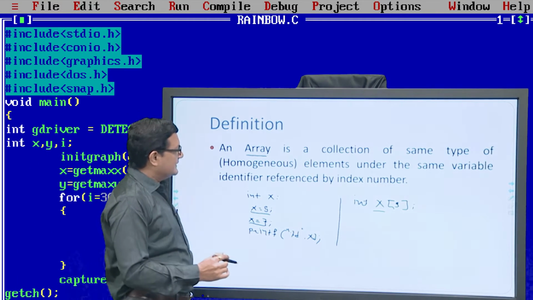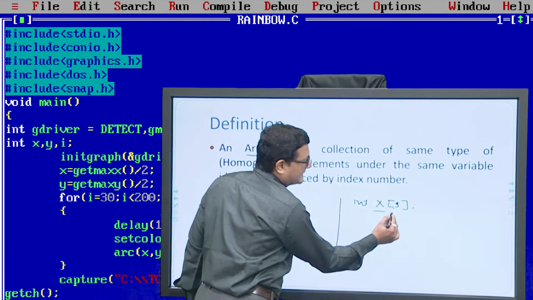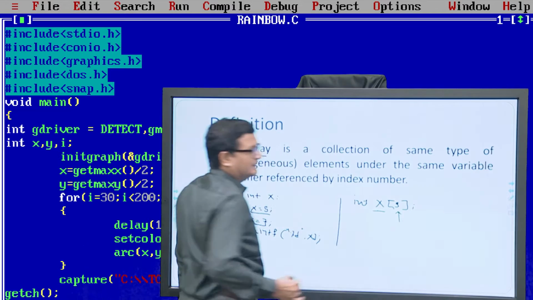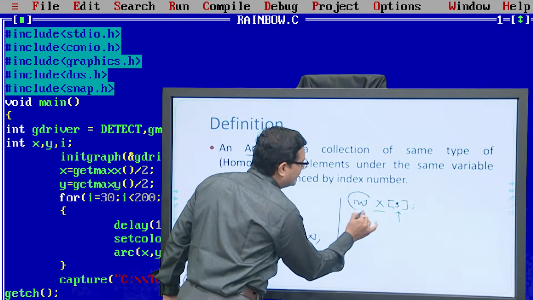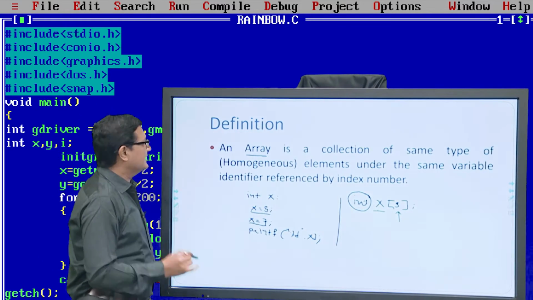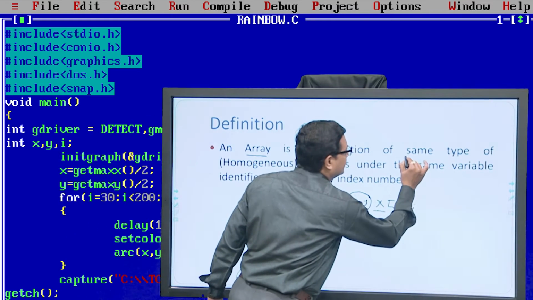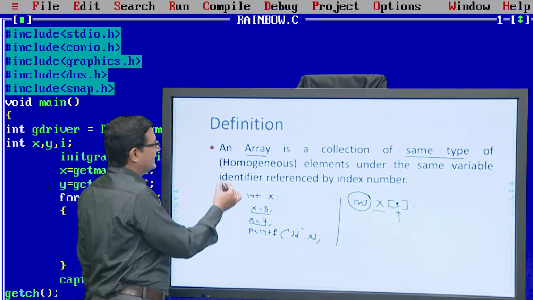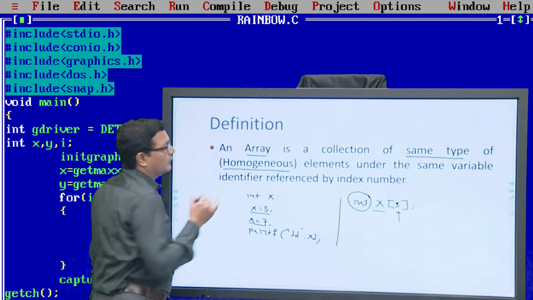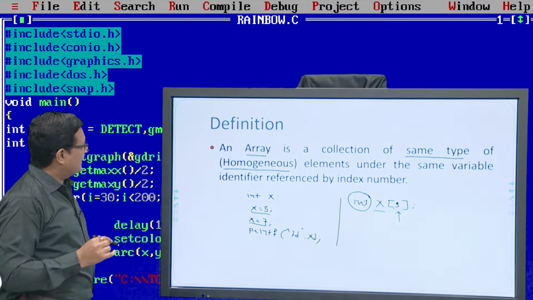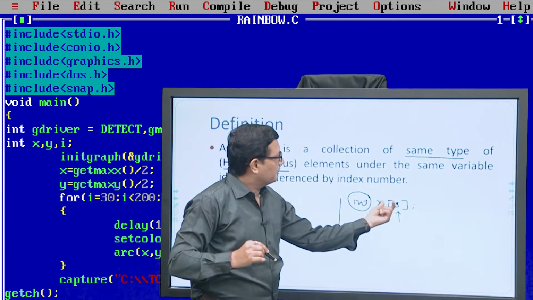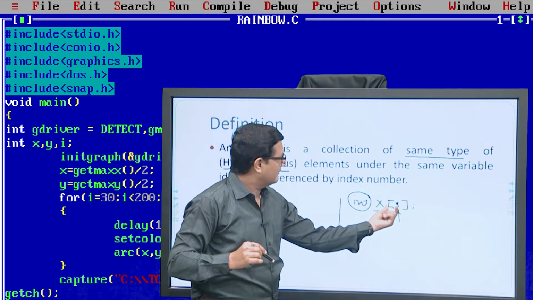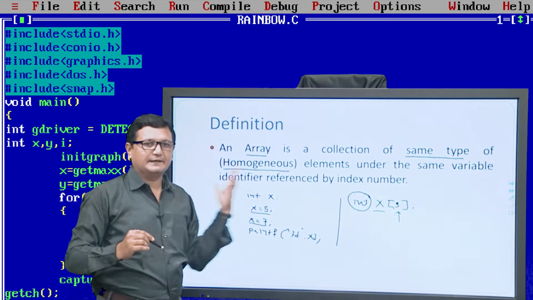Because x can store 5 elements, and all the elements are of the same type, that is integer, here we have mentioned the same type, or another name for it, that is homogeneous elements. So now we know that an array can store multiple elements, more than one element, of the same type.